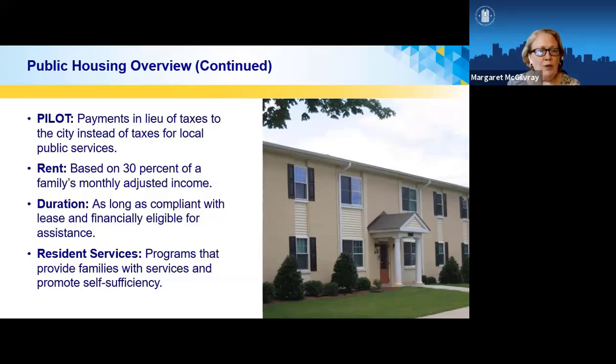Who's eligible to go into public housing? It's limited to low-income families and individuals based on gross income. And HUD sets those low-income limits at 80% and below. Then for financing, as I mentioned previously, the federal subsidy coming from HUD now is split into two pots, which is the operating fund and the capital fund, as well as some special purpose or competitive grants, as well as rental income from tenants. So let's go to the next slide.